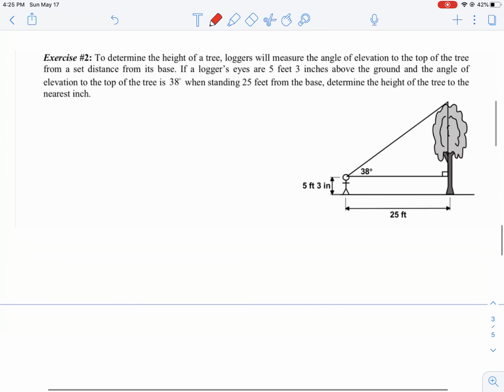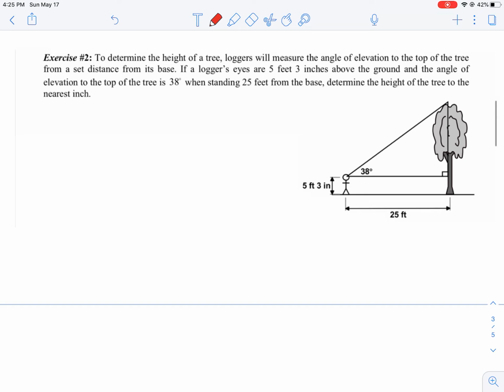So number 2 says to determine the height of a tree, loggers will measure the angle of elevation at the top of the tree from a set distance from its base. If the logger's eyes are 5 feet 3 inches above the ground and the angle of elevation to the top of the tree is 38 degrees, standing 25 feet from the base, determine the height of the tree,